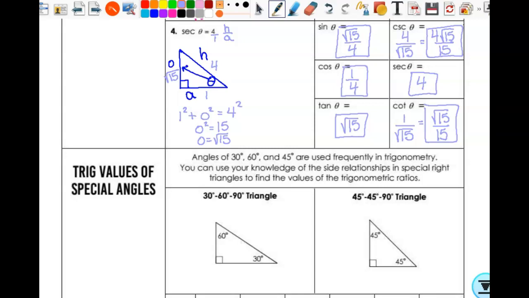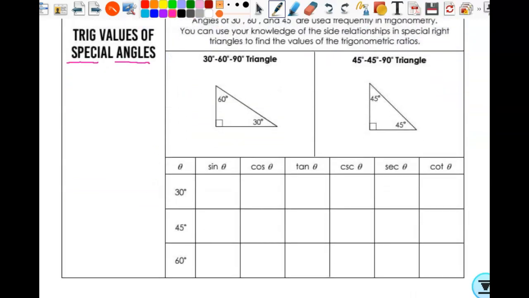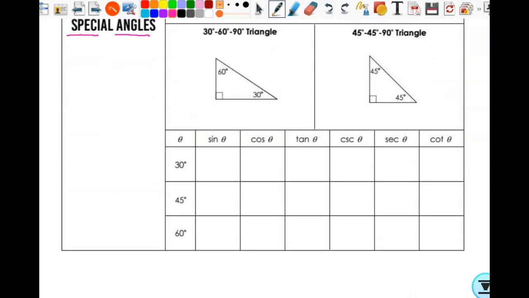Okay. So we can do these ratios with any triangles, but the ones that we are going to focus on the most, and the ones that are the most important to us, is knowing how to do it with our special angles. So the other thing you did in geometry, right around the time you did trig, was special right triangles with your 30, 60, 90, and 45, 45, 90 triangles, okay? So this is all related to the trig stuff, which is all related to these special angles, which is all related to the values that we're going to use from here on out, including into calculus and beyond.